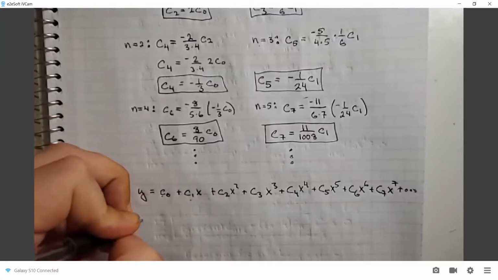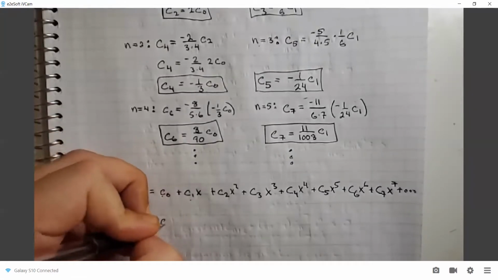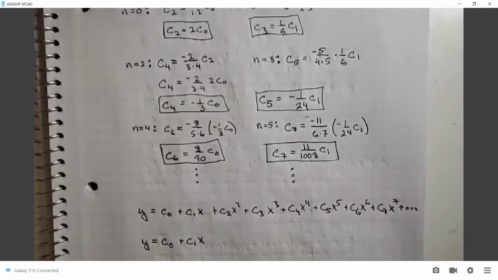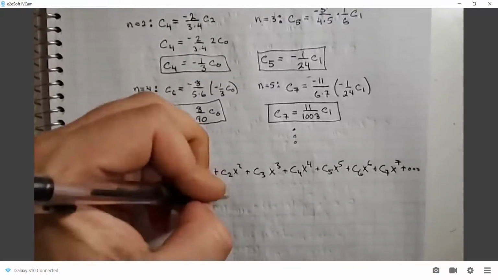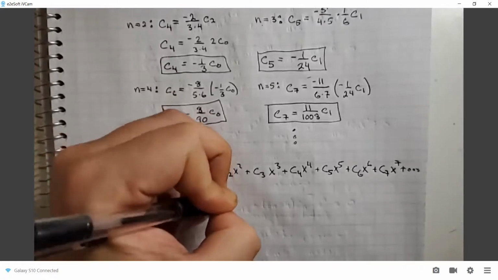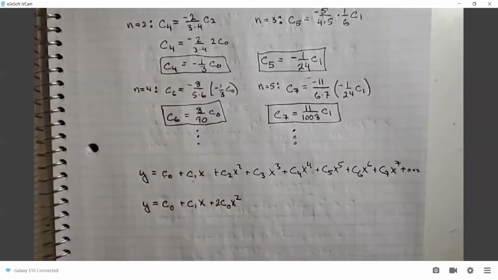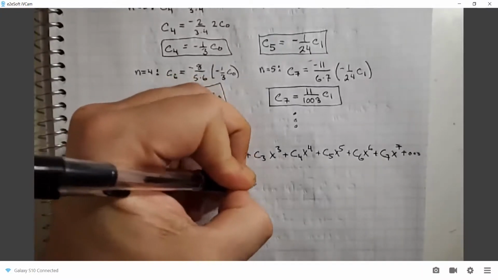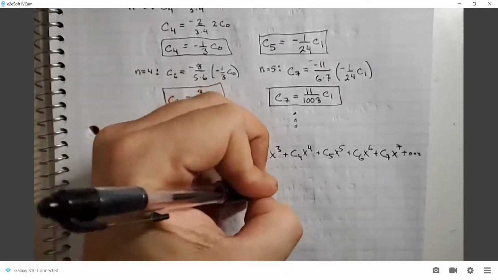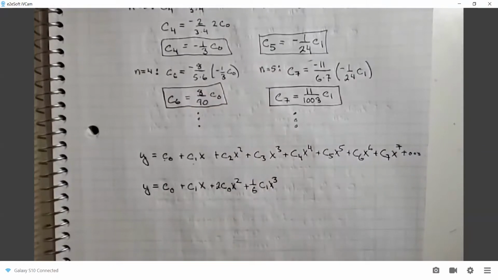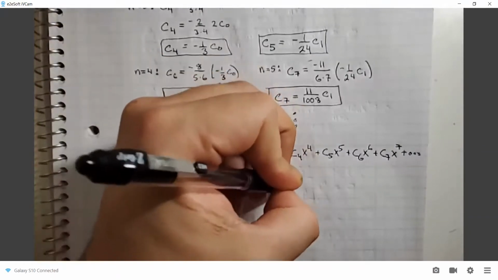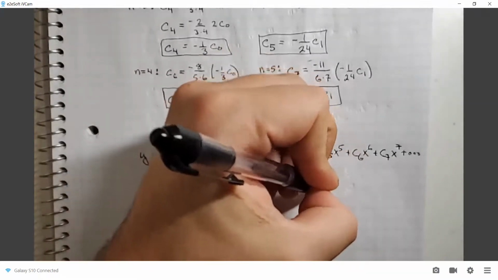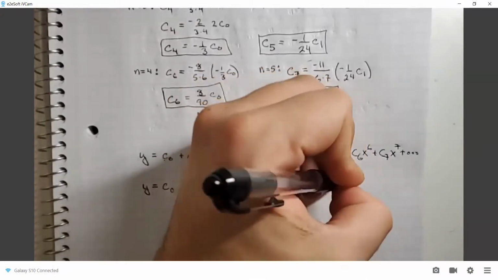So y is equal to C0 plus C1 x, and then our C2 was 2C0, so plus 2C0 times x squared, and our C3 was, where was that? 1/6 C1, so we get plus 1/6 C1 x cubed, and then our C4 was minus 1/3 C0, so minus 1/3 C0 x to the fourth, and our C5 was minus 1/24 C1 x to the fifth,